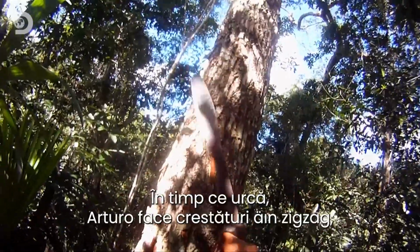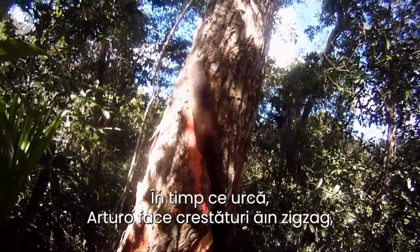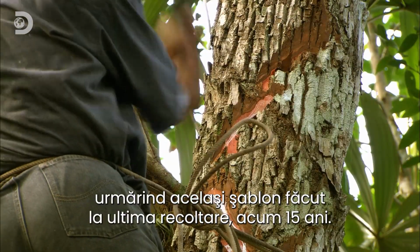As he climbs, Arturo slashes his zigzag path, following the same pattern cut the last time this tree was